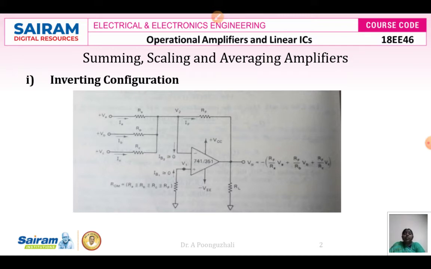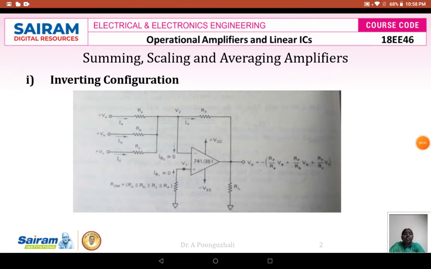To sum up your input signals, we are going to assume three input signals, which are taken as VA, VB and VC. So here we are going to have your input voltages. Inverting means the input signal should be given to your inverting terminal through your input resistance. Suppose I have VA input voltage, then the resistance is going to be RA. Similarly VB means it is going to be RB and VC means it is going to be your RC there. And this is your feedback resistance RF.